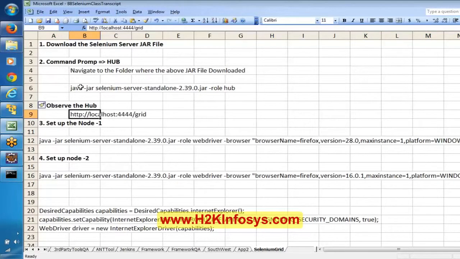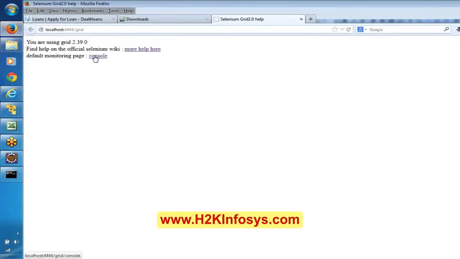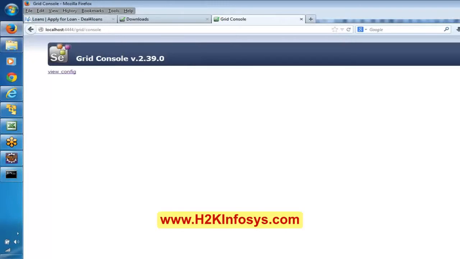So after we start the server for the web hub, open this particular URL here. It will show some set of options. There is a console option. But as of now, we just created a hub. A hub means it's a kind of router. Say in our home we have a router. For that router, we can connect from our PC, or we can connect through a mobile device, right? So it's a similar concept.